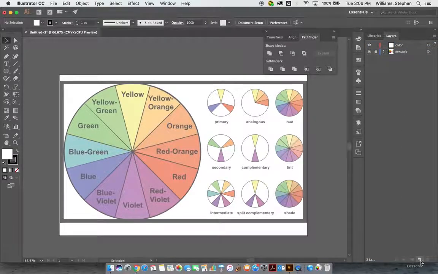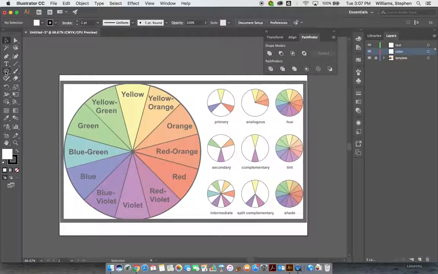And I'm also going to have another layer eventually where I'm going to put my text. The reason for this is that if you try to put text on top of a shape, often it'll try to put that text inside of that shape, which is useful, but not for this particular assignment. For this assignment, I'm just going to have people put the text on a separate layer. It'll make it much easier to deal with. So I'm going to go on to the color layer,